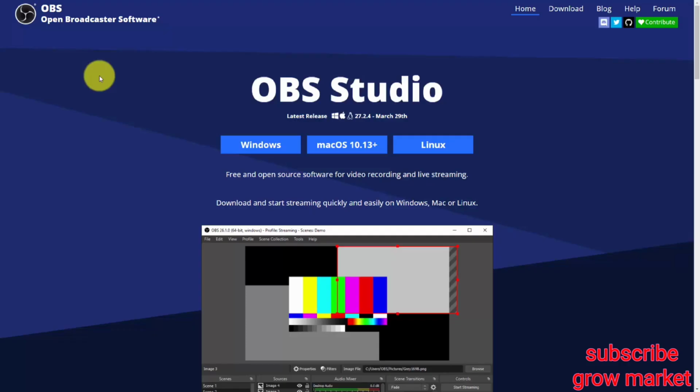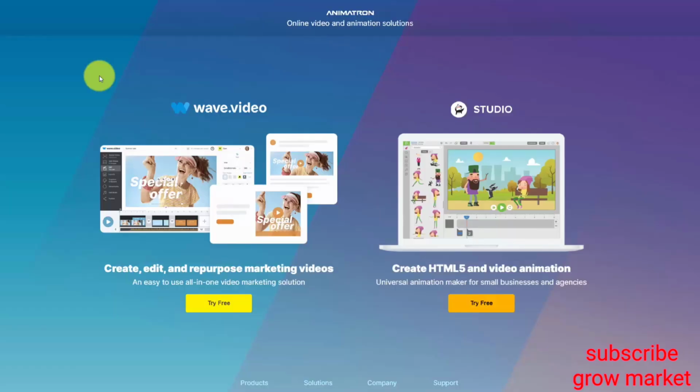You're now looking at OBS Studio, and if you go to obsproject.com, you'll be able to download OBS Studio and use it in order to record video on your personal computer, in addition to being able to record your webcam. You can use this software, which is free and open source, to record videos for your advertisement on a Windows, Mac, or Linux-based computer. You can also use cloud-based tools such as Wave.video as well as Studio,